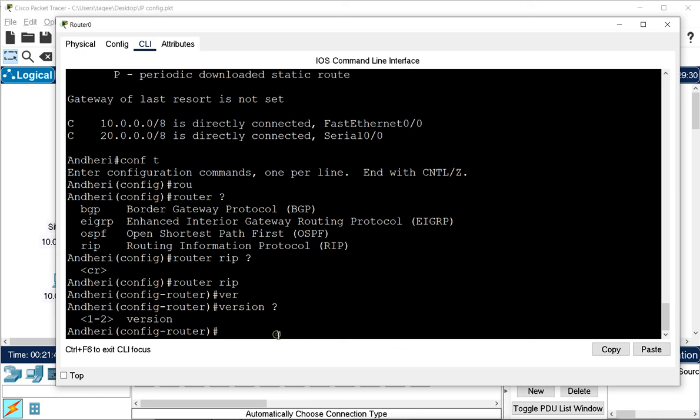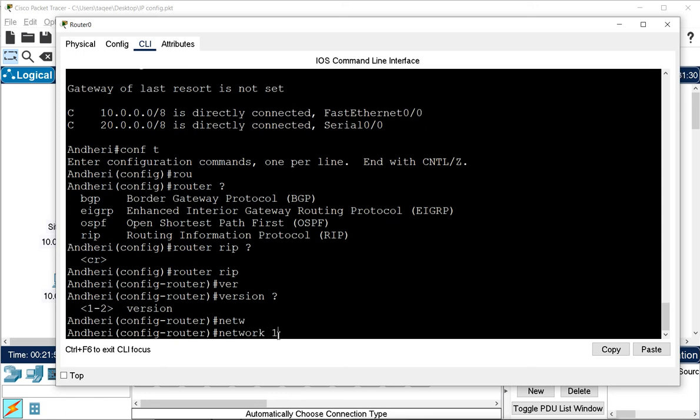For mentioning the network, we use the command network and then we mention the network. Remember, you give the network IP here, you don't give the host IP. So the network IP for the class A 10 network is 10.0.0.0. If you have any subnetting, then you will mention the network address according to your subnet.